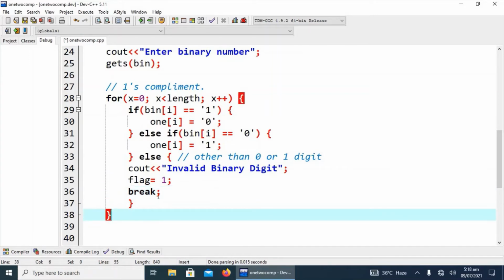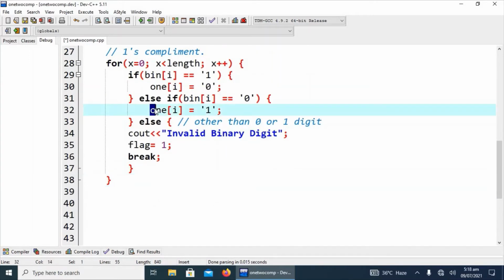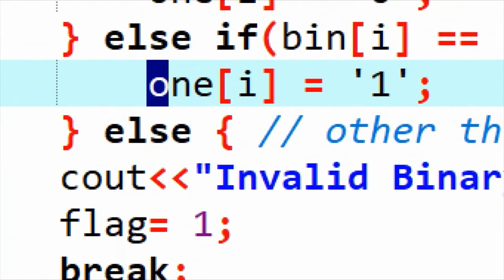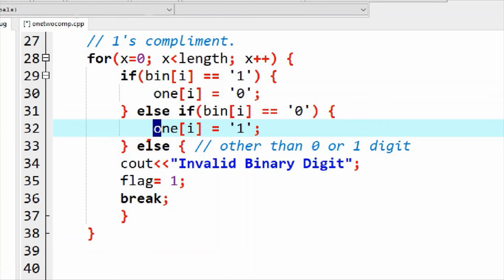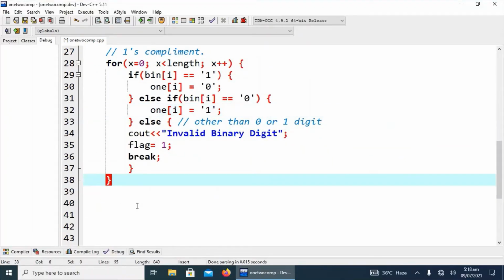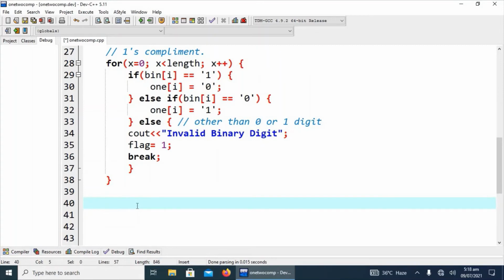Okay, this will store the binary in the ones complement array. Then we will have to take the twos complement. What is the process for taking the 2's complement? It is also a simple method. We will have to save carry as 1.